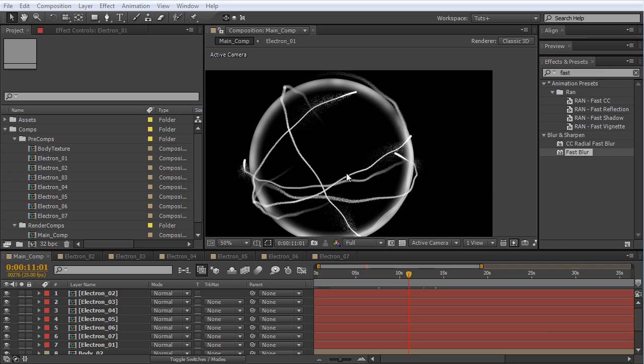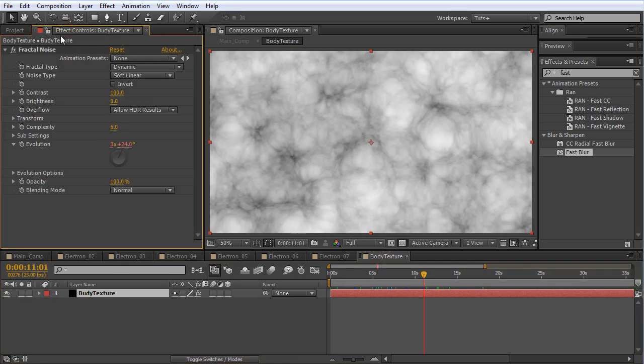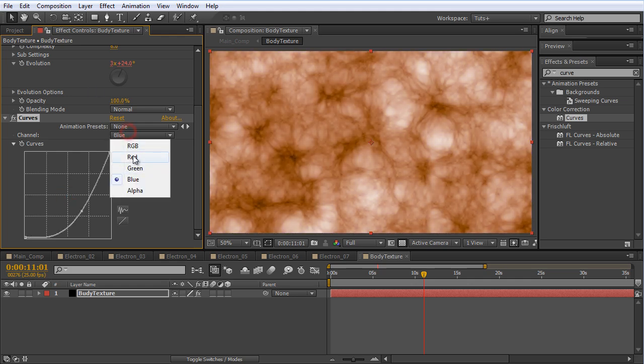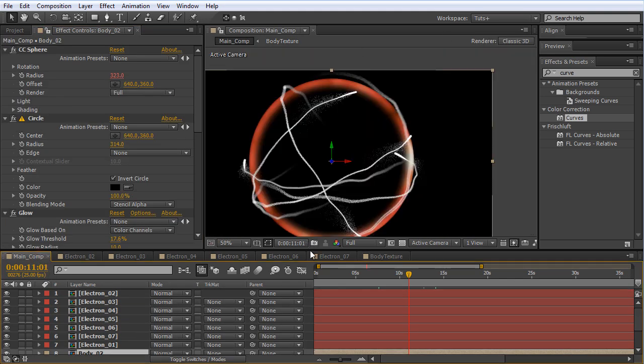Now, before we move on to creating the nucleus, I would like to address the color of the atom. To be perfectly honest, when I created this project, let's go into the body, I created the color with a curves effect, I think. Let's take out some of the green and some of the blue, increase the red just a bit, and you get a nice gold bronze color for the body.